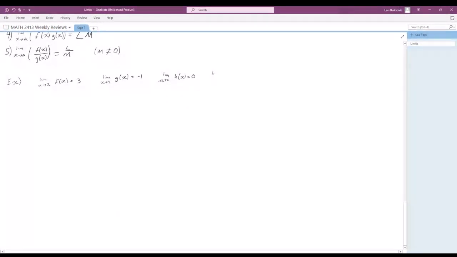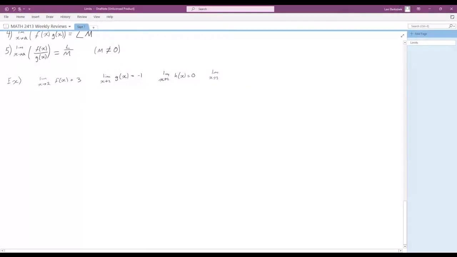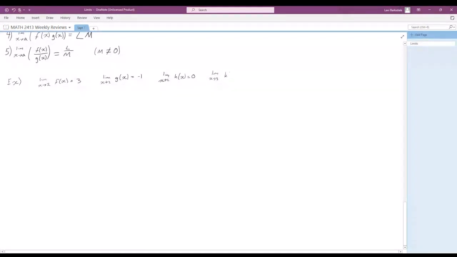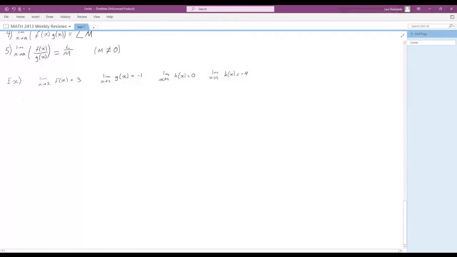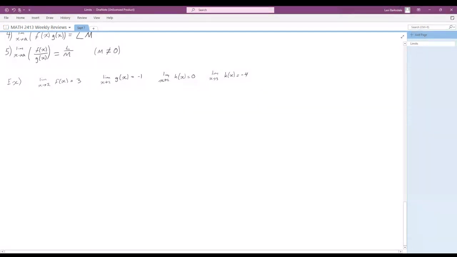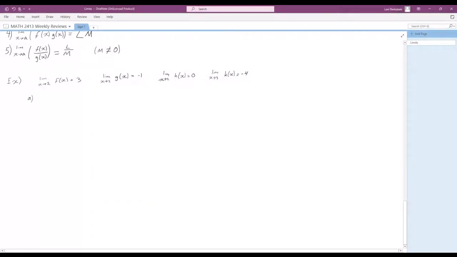And the limit as x approaches 3 of k of x equals -4. Well, for our example problem, all of these questions are going to be what is the limit of,